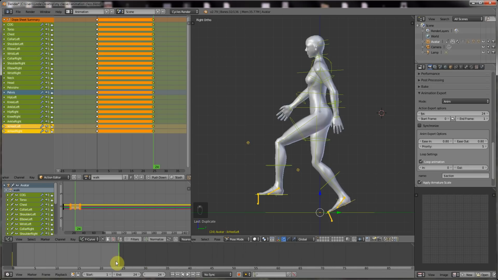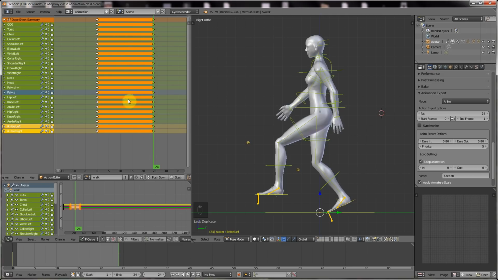Sometimes it's easier to see down here, which is near enough 24, than it is up here. But that's about right. So we've got on frame 0 this pose, and on frame 24 this pose, and we